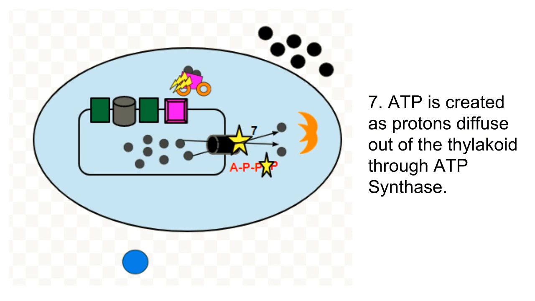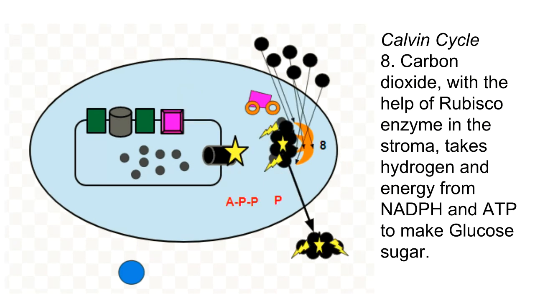Now we're jumping over to the Calvin cycle in the stroma. So over here, all the carbon dioxide is going to come in, and the Calvin cycle, again, we're super simplifying this to make it easier to understand. It's a super complex cycle, multiple rounds through, changing the number of carbons, and many enzymes are involved. But our big idea here is that we are taking carbon dioxide, we're using this Rubisco enzyme, which is the most abundant protein on the planet,